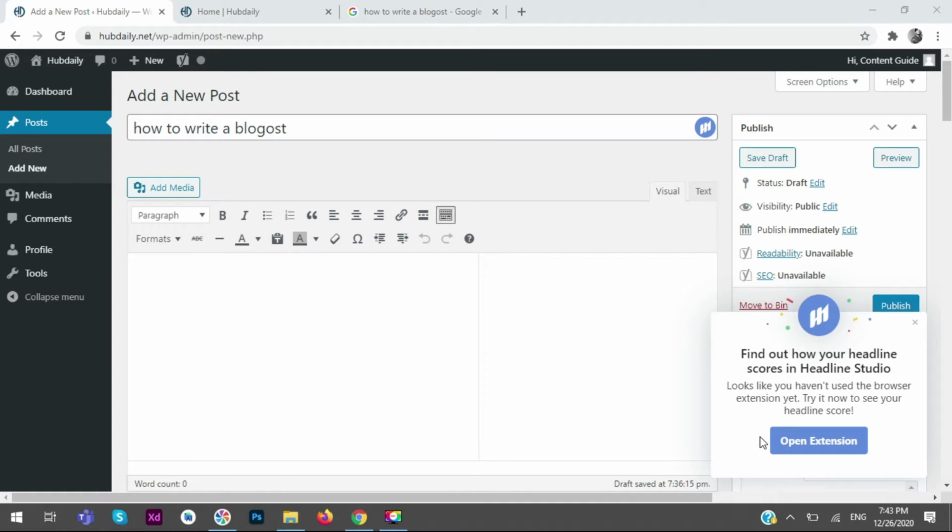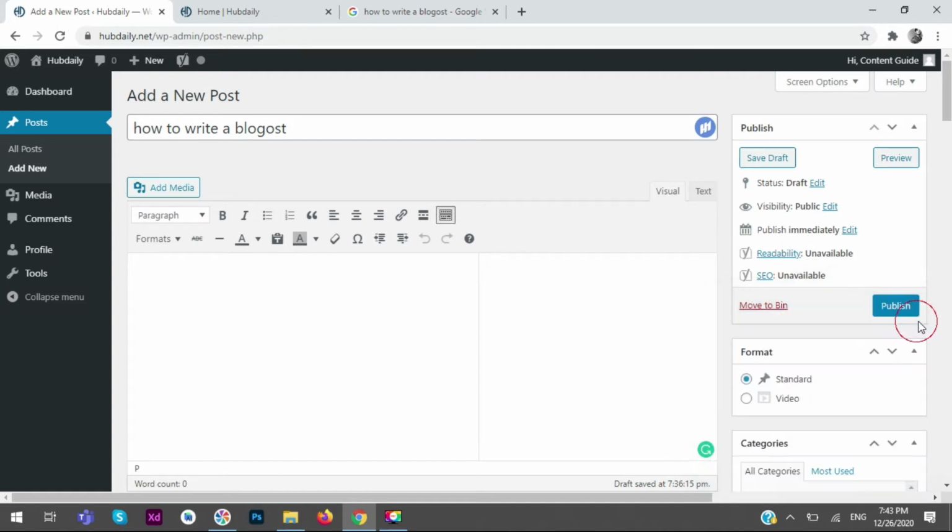So after giving the heading or title to your article, our next task is to write our article here. If you are already a user of Microsoft Word, then this is not problematic for you. It will be easy for you to understand how it works. This one is the toolbar. This one is the toggle toolbar. Toggle means the remaining options will be here, so you can toggle it to see all the options here.